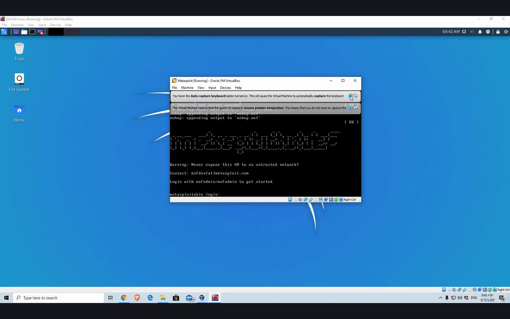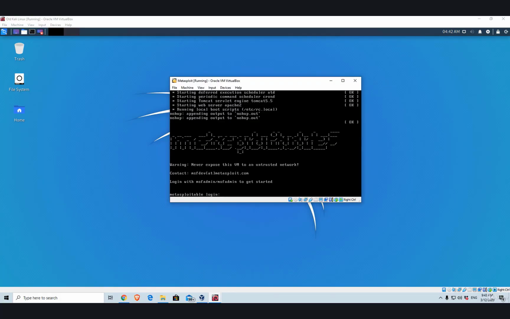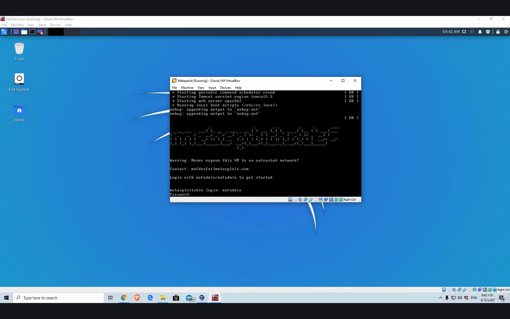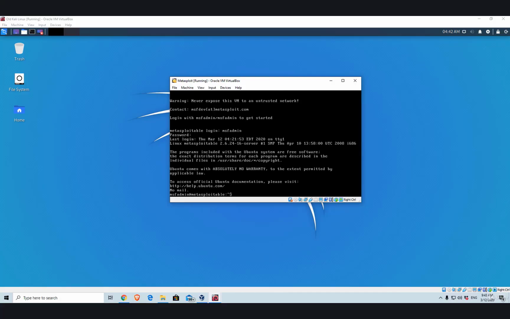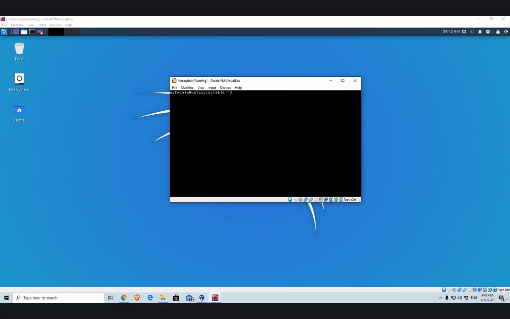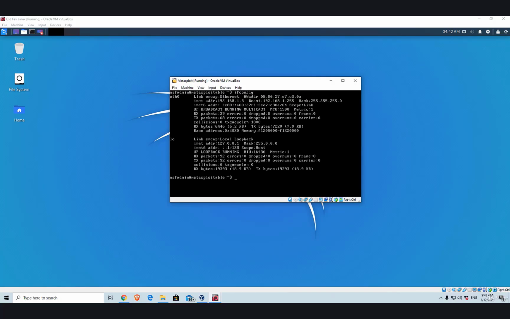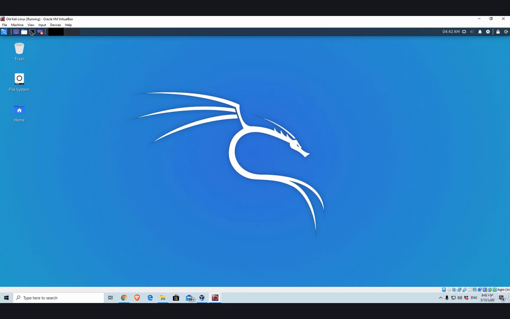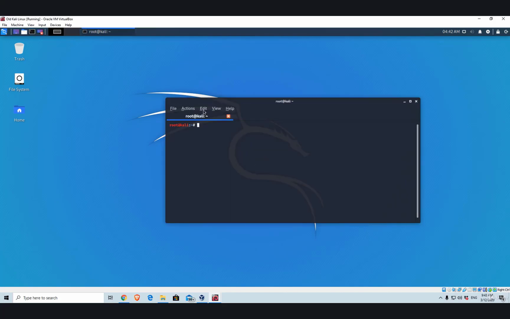So our machine is up and running. We log in using msfadmin as a username and msfadmin as a password. And here it is. Everything works correctly. If I type ifconfig, I will check my IP address, which is going to be 192.168.1.3. So I need to remember that. Open up my terminal. Let me enlarge all of this. And now try to connect to that IP address using the SSH protocol. So SSH and then